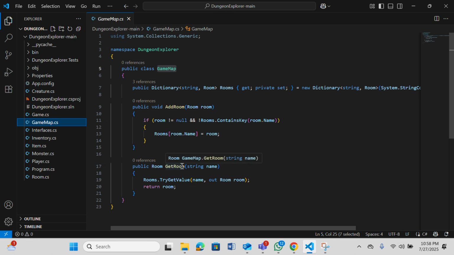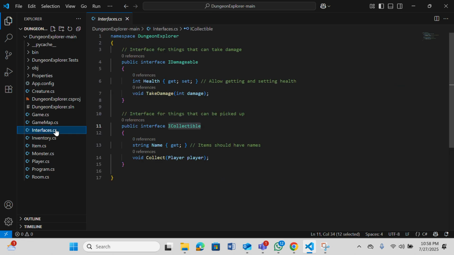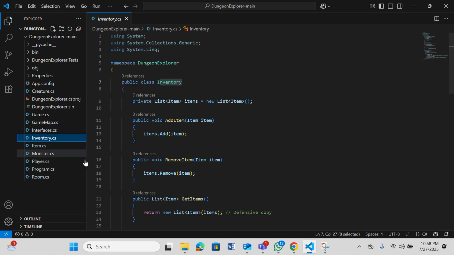Then there is GameMap.cs, which defines the layout of the game world. It contains the different rooms and handles the spatial organization of the map. Regarding the Interface.cs, we use two primary ones, damageable and collectible. These are implemented throughout the game's entities, for instance, the inventory, which is managed within the player class,